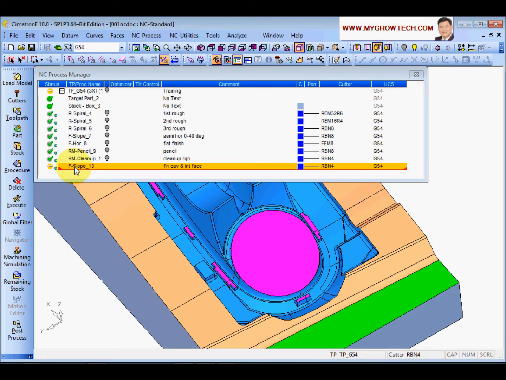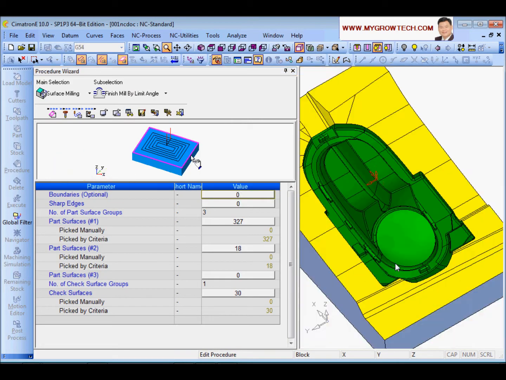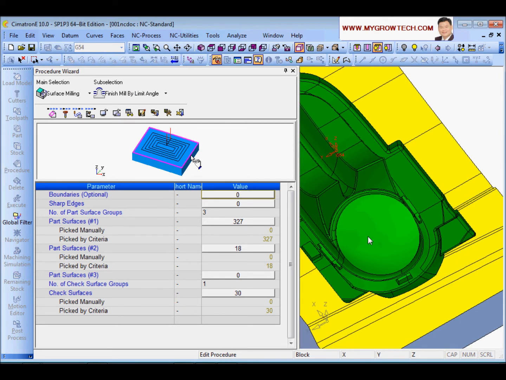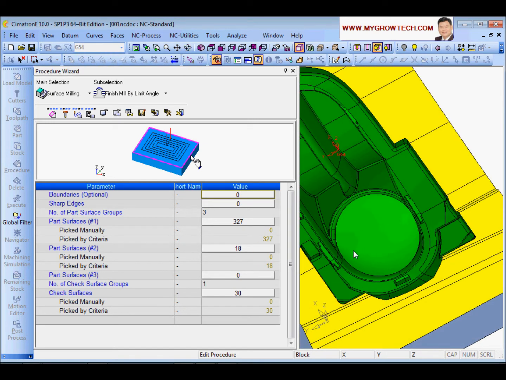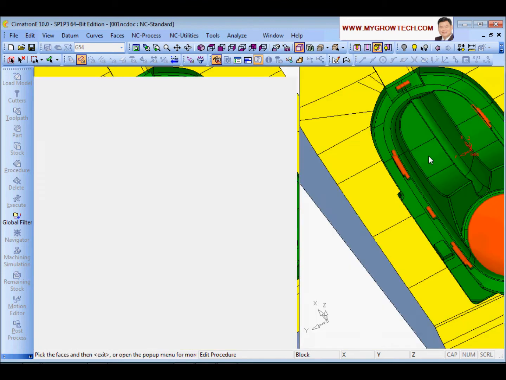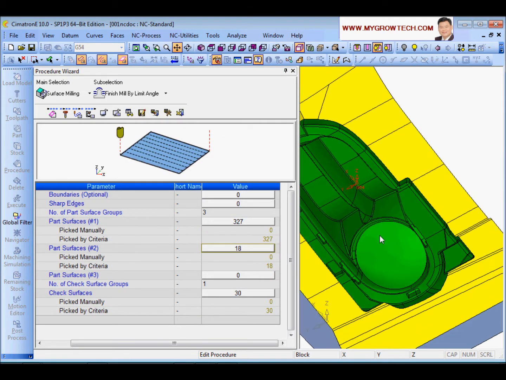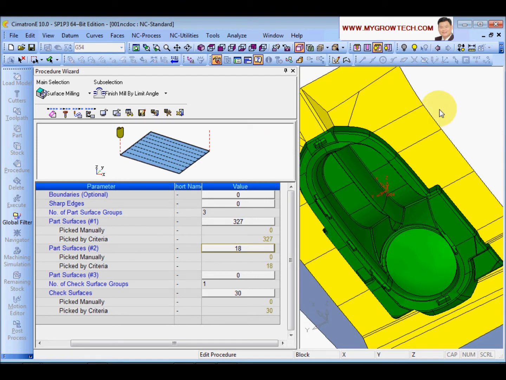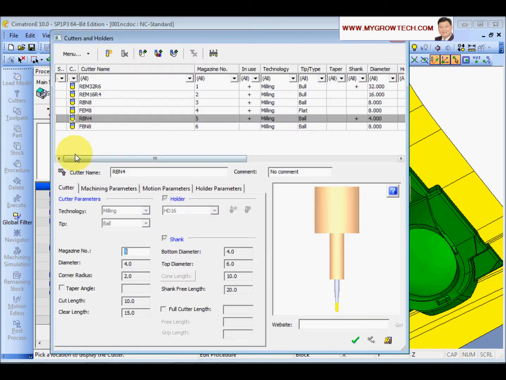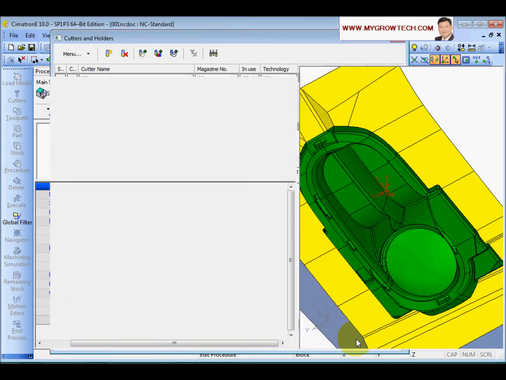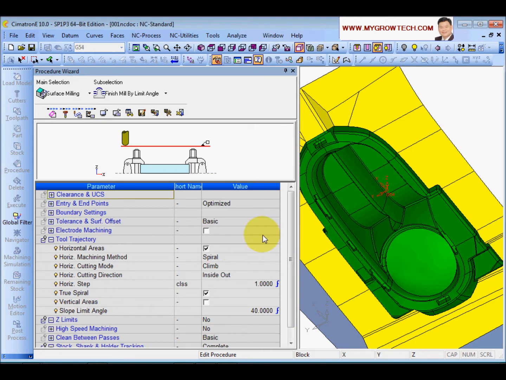So I click this process again, and you can see now this face is recognized as the internal parting surface, right? As you can see, if you use a set to control the selection, it's easy to manage. Next, I'll go to, of course, select the finishing cutter, finish bonus 8, and then next is motion